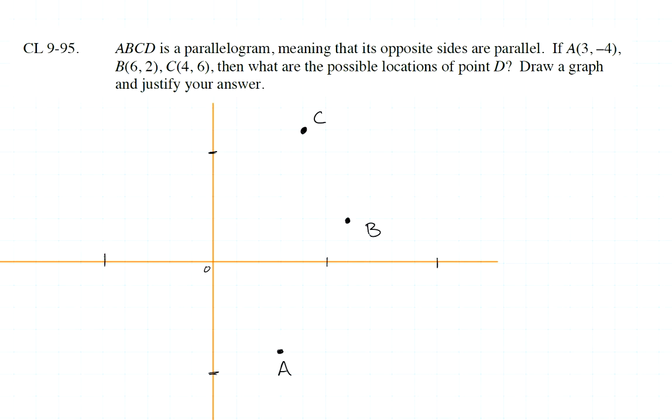ABCD is a parallelogram, meaning that its opposite sides are parallel. If A is at (3, -4), B is at (6, 2), and C is at (4, 6), then what are the possible locations of point D? Draw a graph and justify your answer. Well,